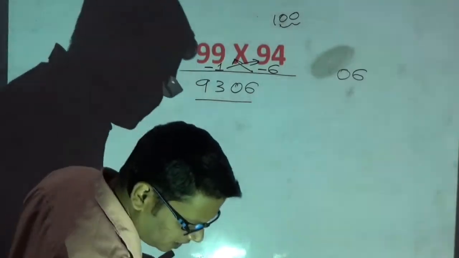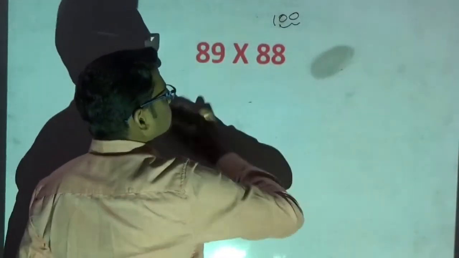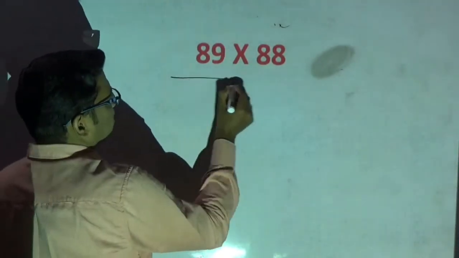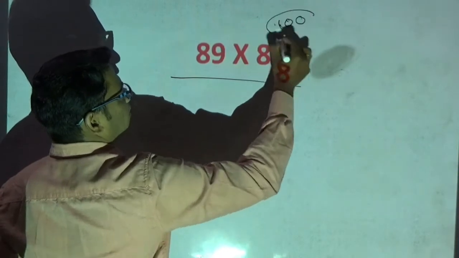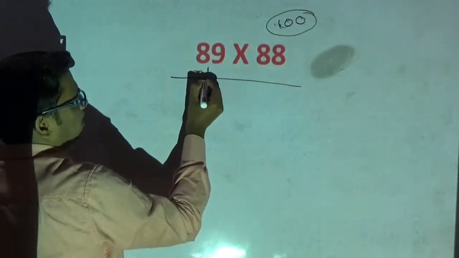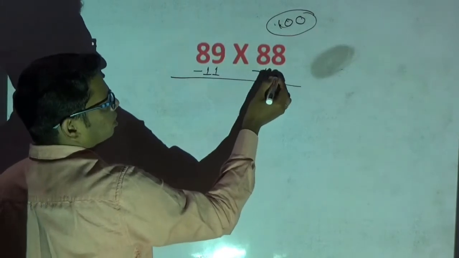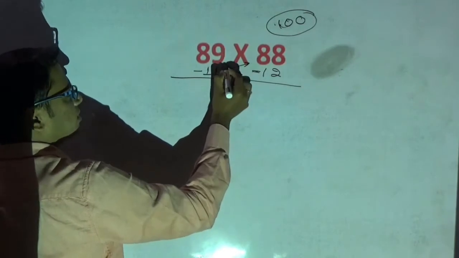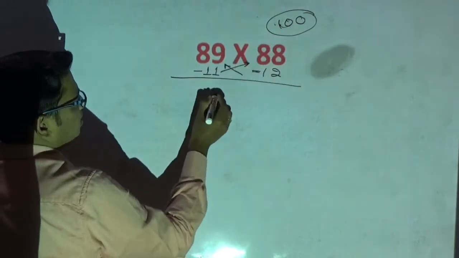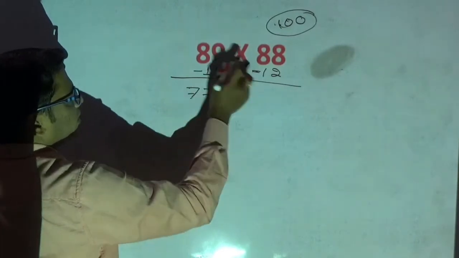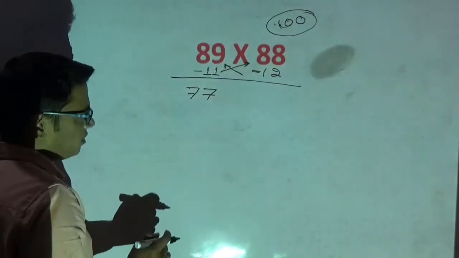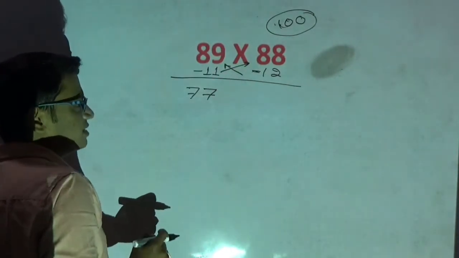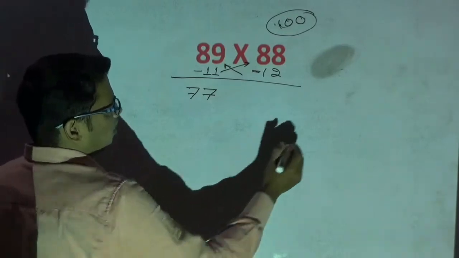A few more examples I will take now. Now I am multiplying 89 and 88. These two numbers are near to 100. The base is 100. This number is below 100 by 11. Below means negative. This number is below by 12. Now you do cross subtraction, like this or like this. It's up to you. This is 77. This is also 77. Either way, 89 minus 12 is 77 only. Now you have to multiply these two. 12 into 11. What is 12 elevens? It is 132, right?